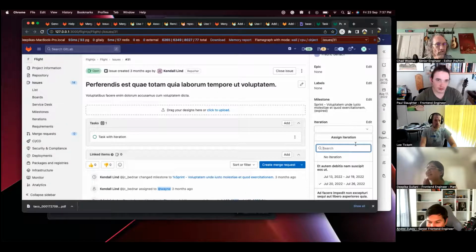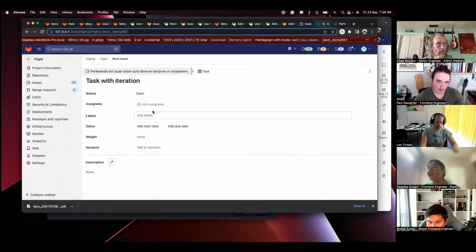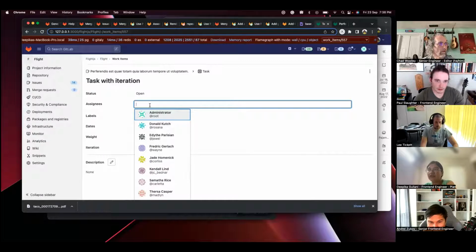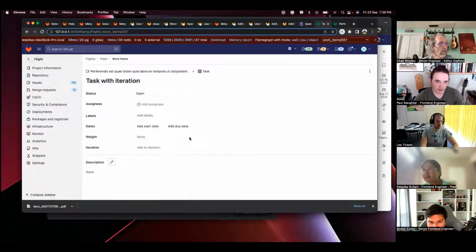So this UX is not that good, and we are planning to make it more usable, because most of the UX in the work items works in the same way. This is a token selector because we can select multiple assignees at the same time. Labels again